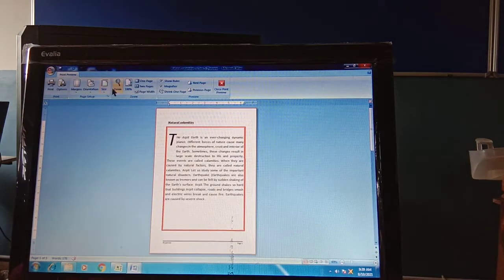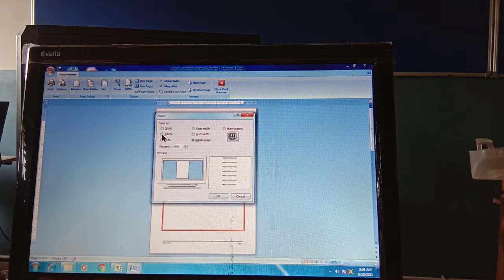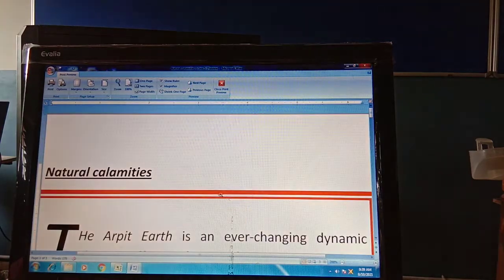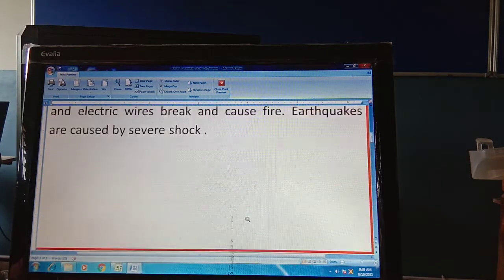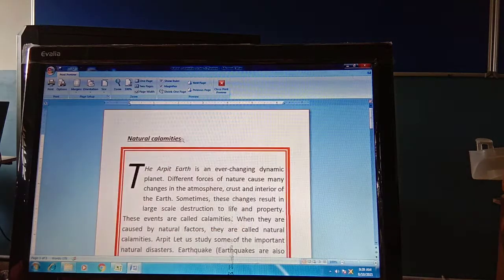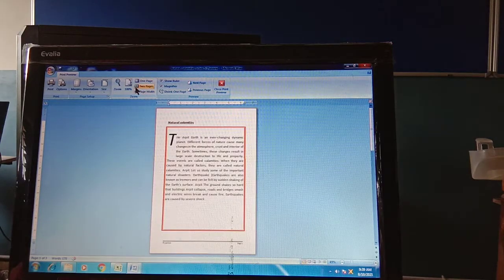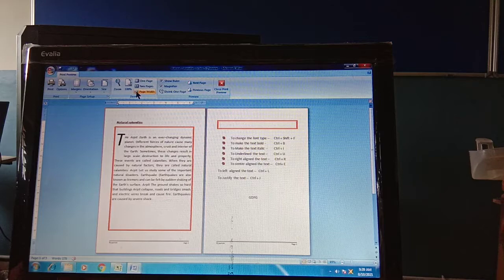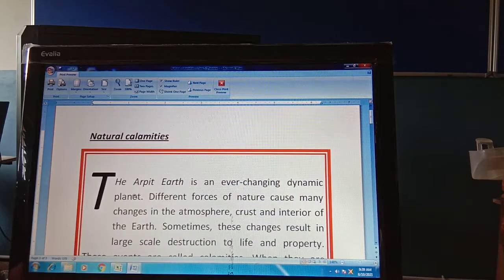As you open the print preview, okay, the zoom button is also there. In the zoom button you can see your page according to your size. Okay, you want it 200%, so it will be 200%. You can zoom your page according to your need, and you can change its percentage. Okay, you want to see in 1 page, you want to see in 2 page, you want to see in page width. So in which type you want to see it, you can see.